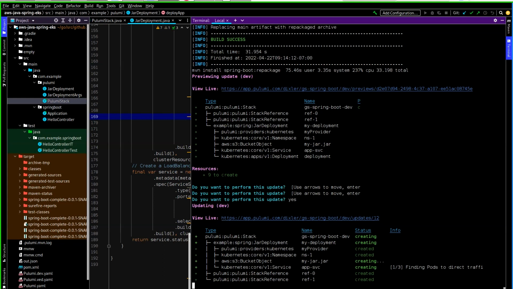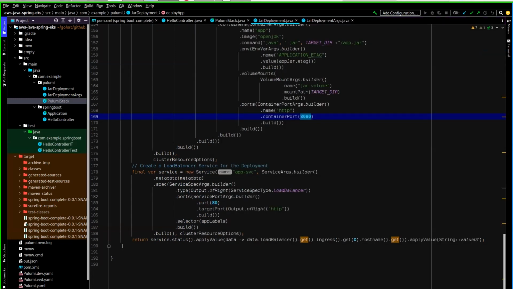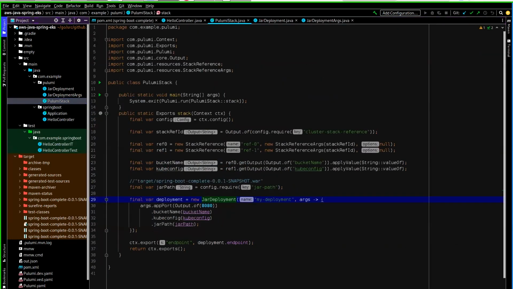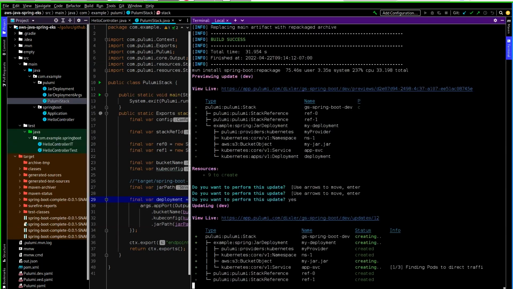So this code will also output an endpoint from it, so that we can just go navigate to that endpoint, and it's more convenient. This might take like 30 seconds to a minute.